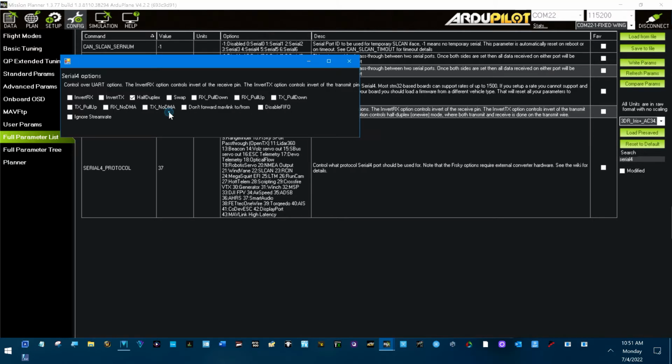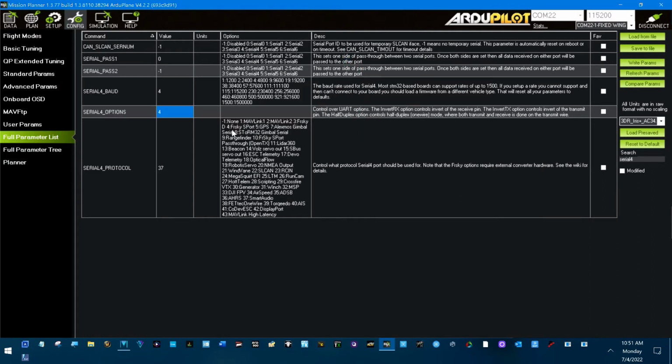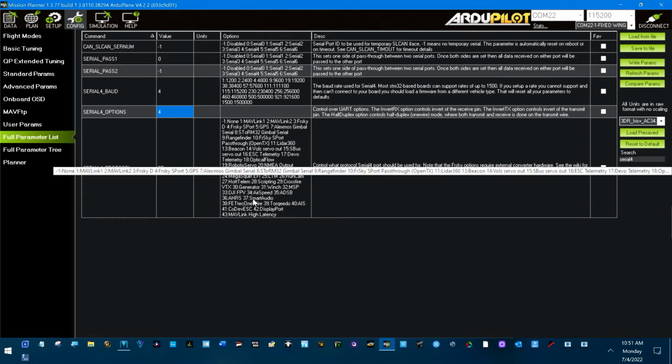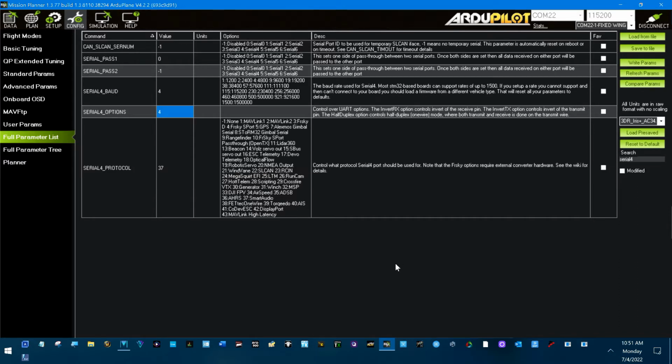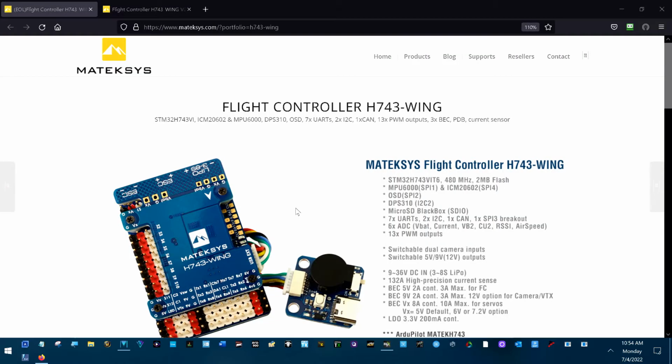Serial options we have set to 4. That merely turns on half duplex operation that's needed. And serial 4 protocol we have set to 37, which is Smart Audio. Now, I did have trouble on a couple of my models because one of my platforms has the original